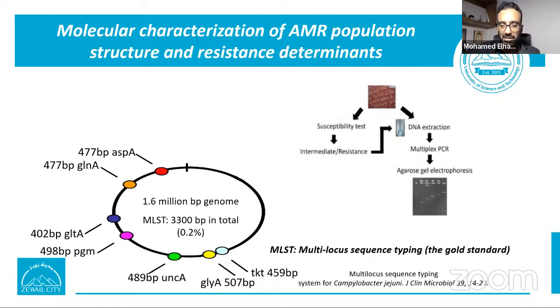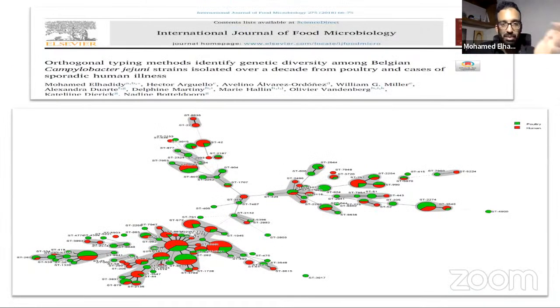Okay, I have done this myself in understanding Campylobacter. I used to be a research associate at the Scientific Institute of Public Health in Belgium, and we used this. We have different publications on understanding Campylobacter using multi-locus sequence typing, and this is a minimum spanning tree. It is a One Health approach as well.